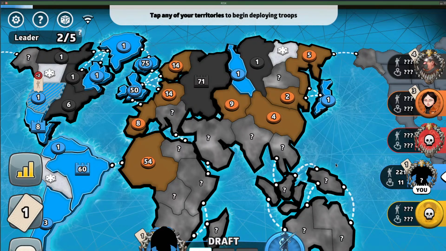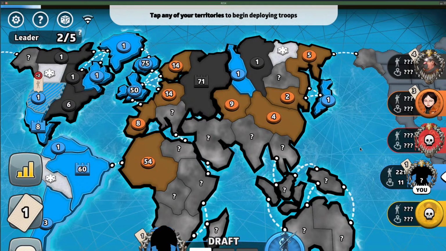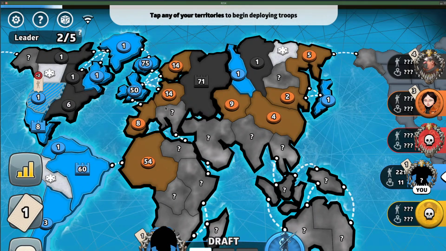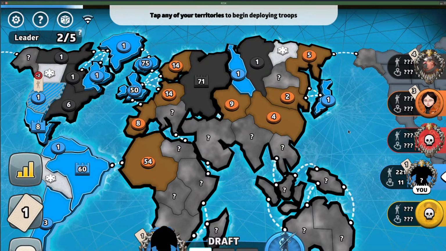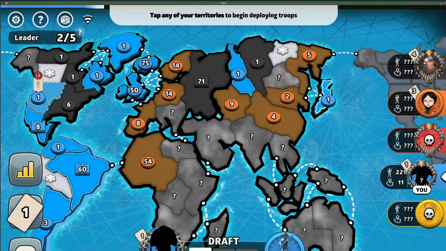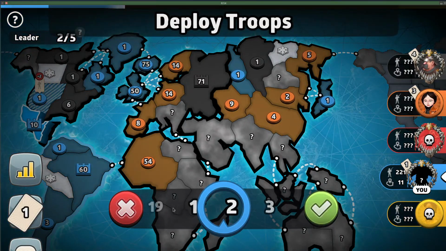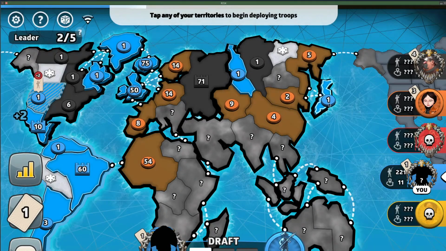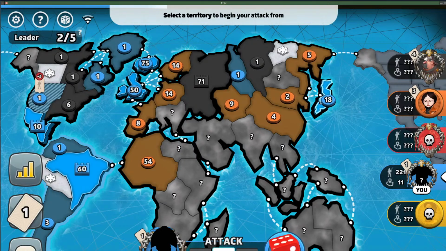What shall we do? Well, getting Australia is easier said than done, I have to admit. I would have to go like this, and God knows how many troops Orange has here. But on the other hand, you know, let's put 2 here to kill the 6. And then the rest here, which is hopefully enough to get